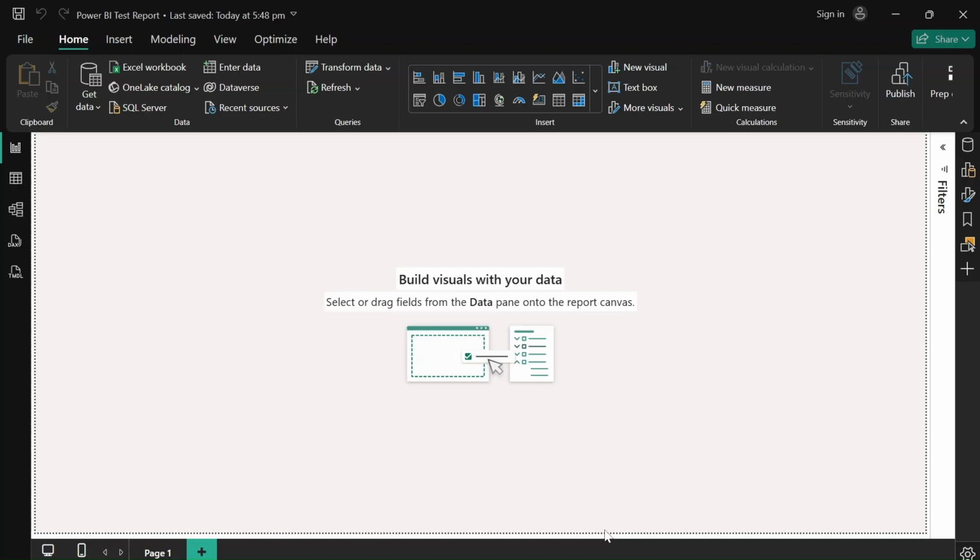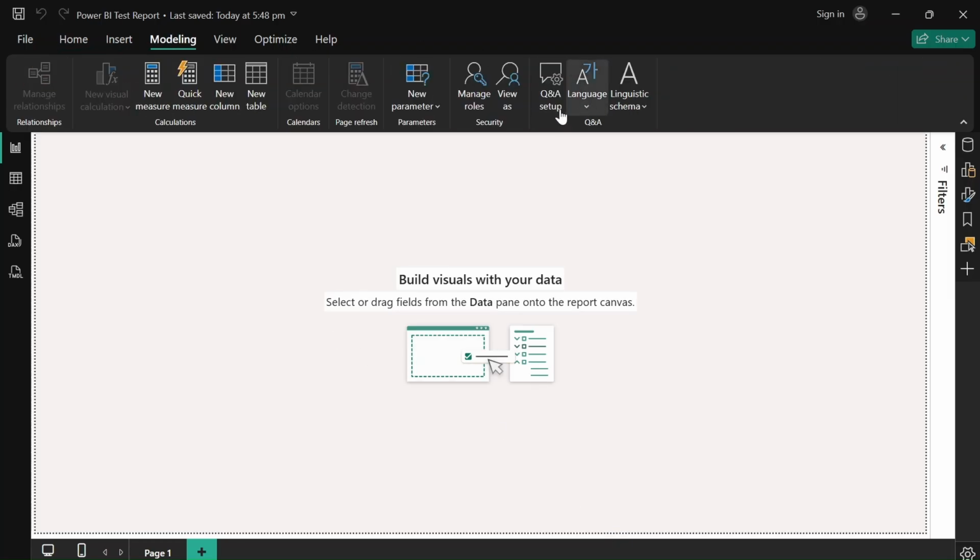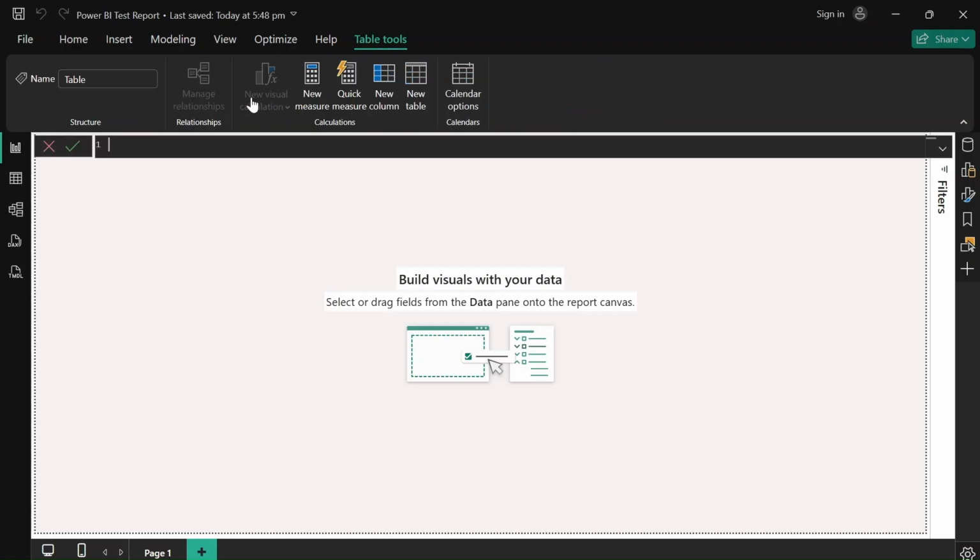But when you go into an interview, if they ask you to make a calendar in Power BI, I don't think anyone will ask, but still you have to know how to make a calendar in Power BI. So just click on modeling, then click on new table, then